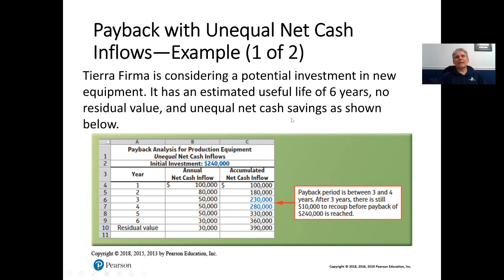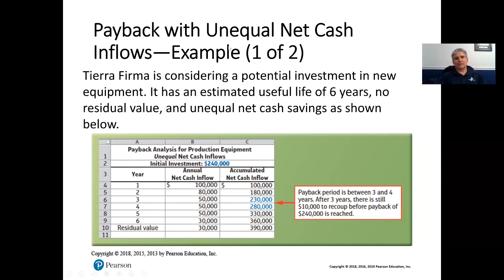And unequal net cash savings as shown below. So they're plotting every year, there's the 6 years, and they're plotting each year how much the annual net cash inflow is. So the first year they take in 100,000, second year 80, third year 50, 50, 50, all the way to the,